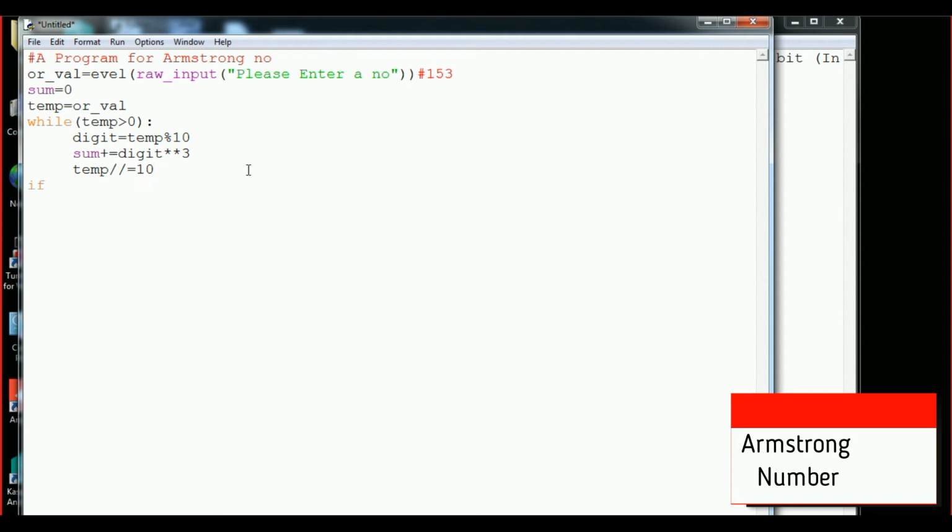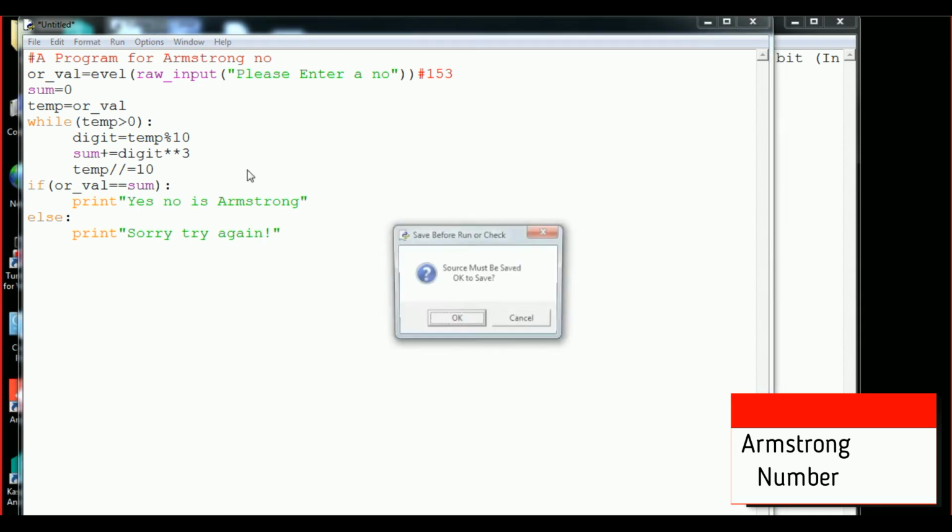Now come out to the outer loop, and then we are going to check whether our original number or value is double equals to, definitely, sum, because sum will be considered as final. And then here I will say to the user, yes, the number is a strong number. Or in the else case, we can simply say, sorry, try again.